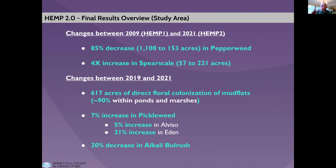To focus in on the time period of HEMP 2, which is 2019 to 2021, the interesting thing we found is 617 acres of direct floral colonization of mudflats. That's mostly pickleweed and spartina. 90% of that is within the ponds, mostly in the marshes. So we're seeing direct floral colonization of mudflats, and especially that seems to have increased in the 2 years of